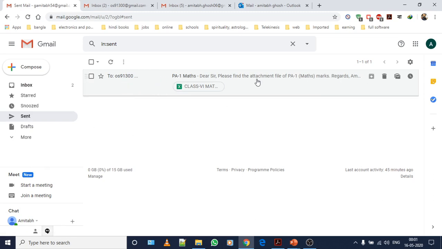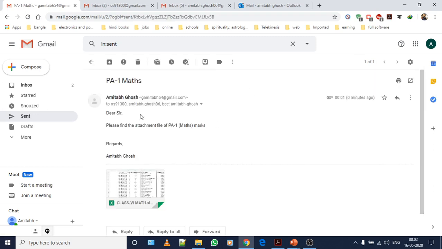So click over here, it shows sent, and you can find that the mail has been sent to these particular IDs. So that is it for today.